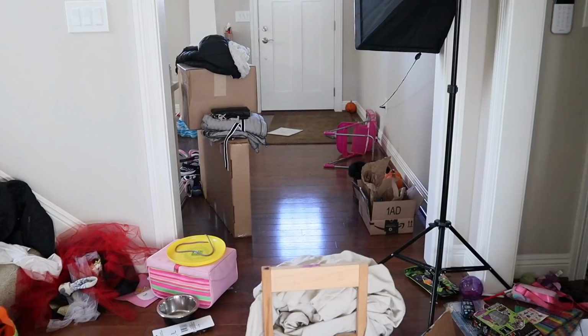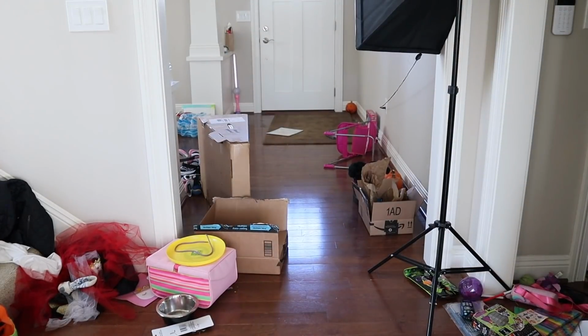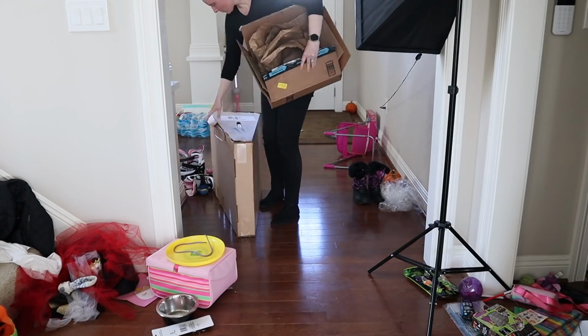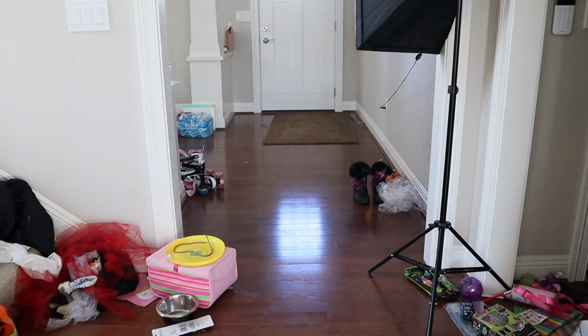After that, there is no better way to feel refreshed and to hit that reset button and start with that clean slate than to tidy up your home. It doesn't have to be your entire home, but pick a space that is meaningful to you, a space that you are in on a regular basis, a space that is really annoying you right now, and tidy it up, straighten it up, declutter if you need to, dust, organize, do all of the things to just make that space